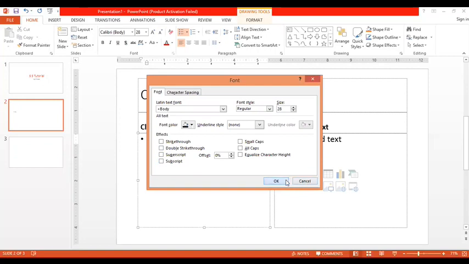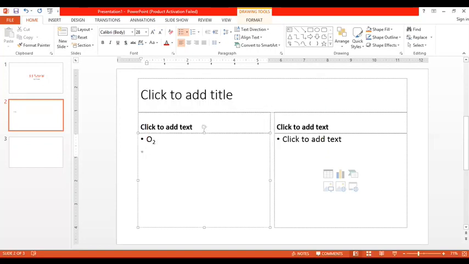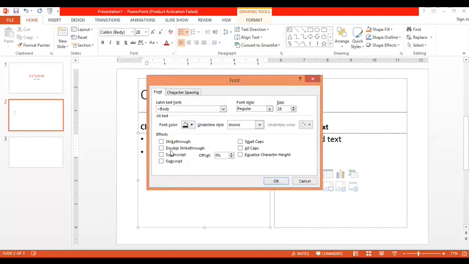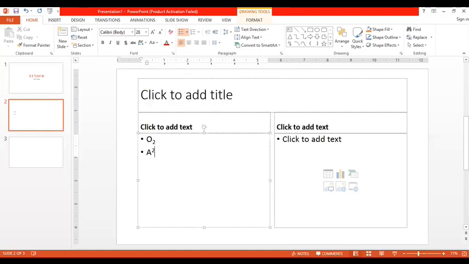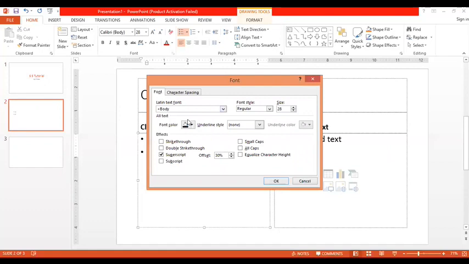Suppose I want to write a square, so I'll type a, and I want to type the square, so I'll go to the font, superscript, okay, a square. You can see the difference between the subscript and superscript. This is the important tool, you will use it. The rest are not too important, strike through, double strike through, but you can use these and practice at home. These options are available here. Small caps means it will capitalize all the small letters, and all caps means it capitalizes all the letters as capital letters. Okay.